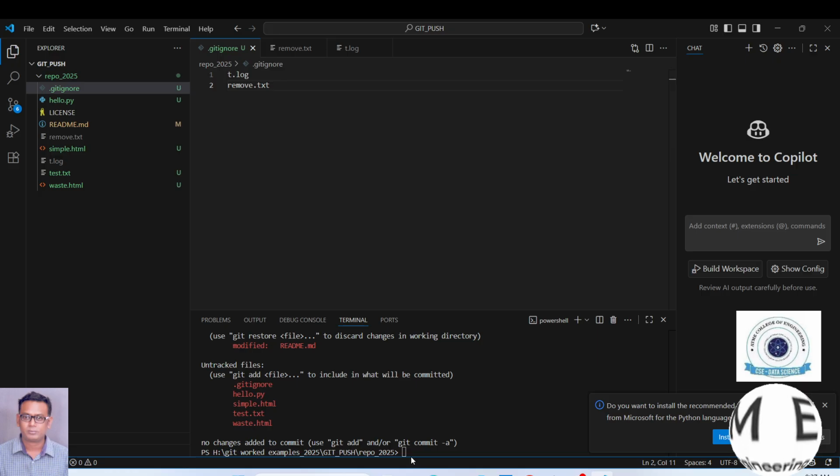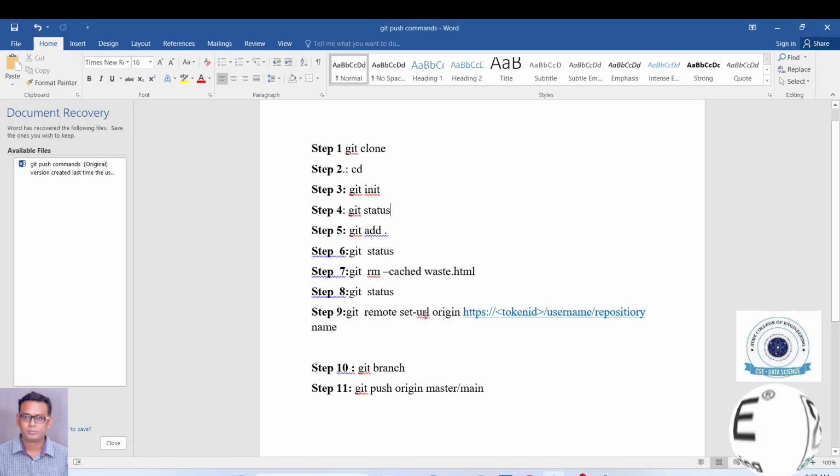So there are three stages. One is the local workspace. Next is the staging area, followed by the local repo. So it has to pass through three stages. In order to bring the files into the staging area, you have to make use of this command, git add dot. Dot means it will add all the files,